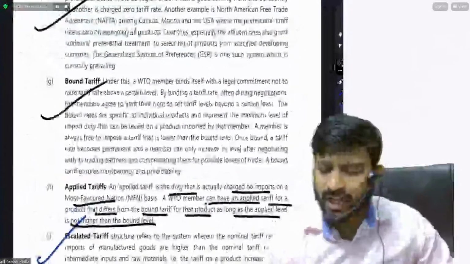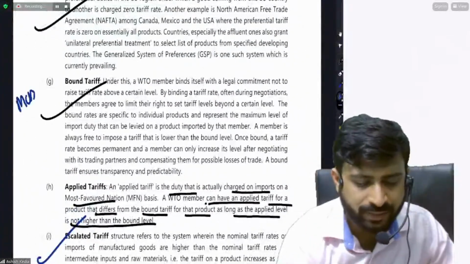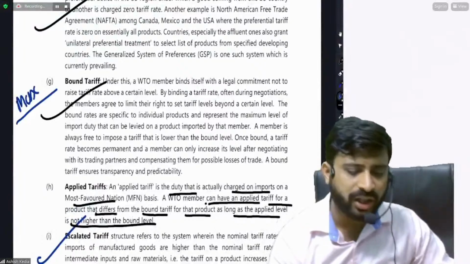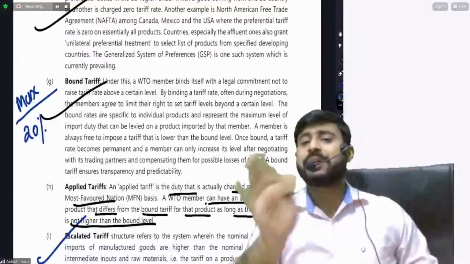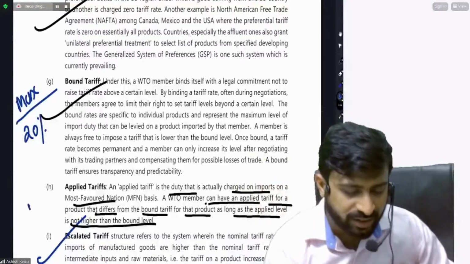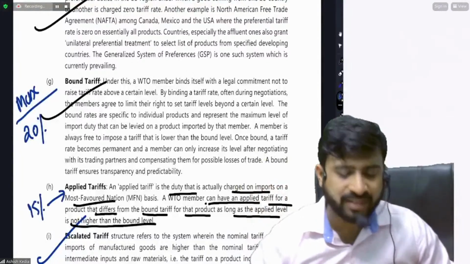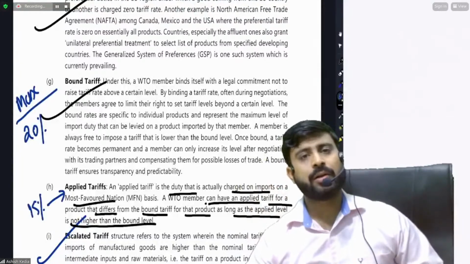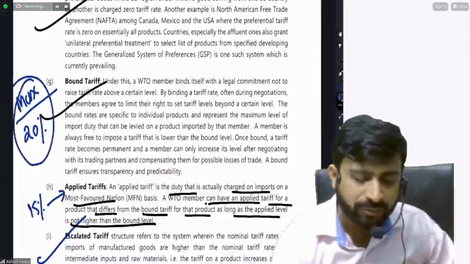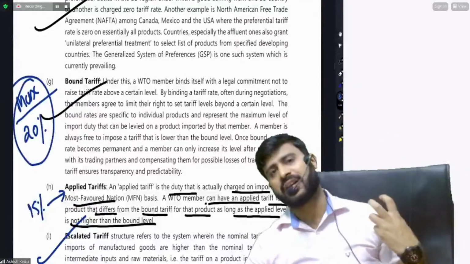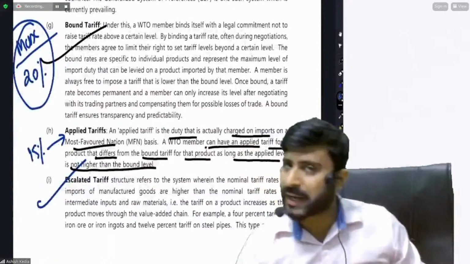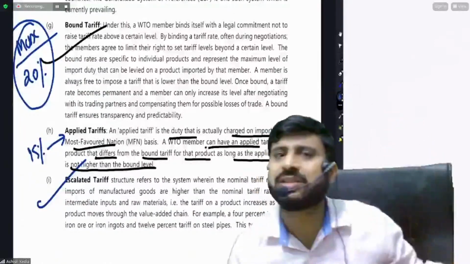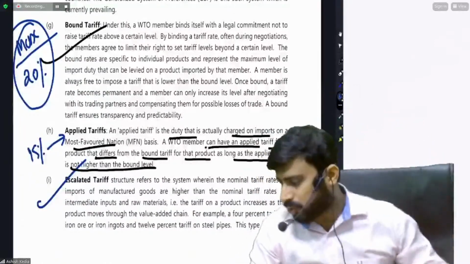So bound tariff is fixing the maximum limit. For example, if India is importing, India can charge maximum 20%. That is bound. But suppose India is charging only 15%. That is applied tariff. हिंदी में बोलूं तो बाउंड टैरिफ मतलब मैक्सिमम इंडिया अपने इंपोर्ट्स पर कितना टैक्स लगा सकता है, वो बाउंड है। और एक्चुअल में इंडिया जो लगाता है उसे अप्लाइड कहते हैं, और वो बाउंड टैरिफ से नीचे ही होना चाहिए। ऑफ कोर्स कॉमन सेंस है।